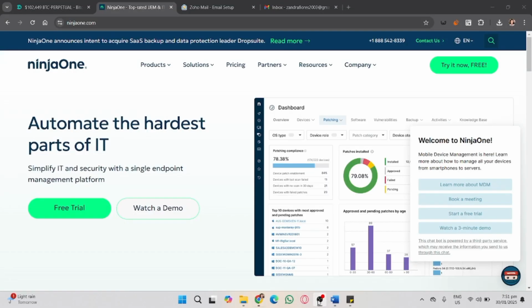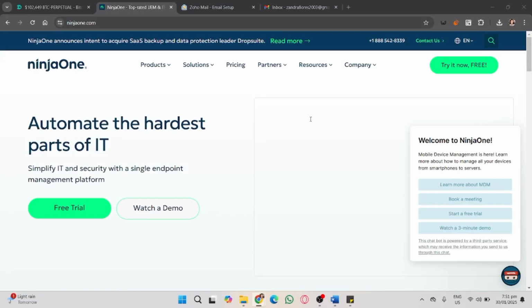In this video, I'm going to show you how to close a ticket in NinjaOne. Managing tickets efficiently is essential for IT teams, and closing a ticket properly ensures that the issue is resolved and logged correctly. First, make sure you are on the official website of NinjaOne.com and already logged in with